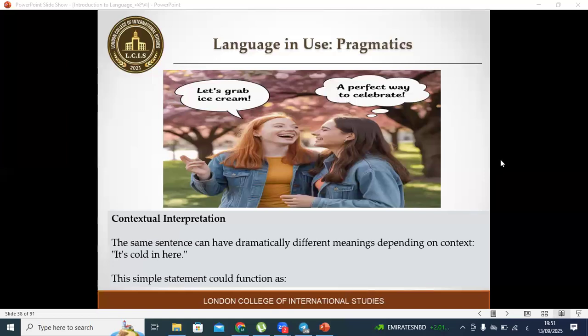Contextual interpretation: the same sentence can have dramatically different meanings depending on context. For example, "It's cold in here." This simple statement could function as